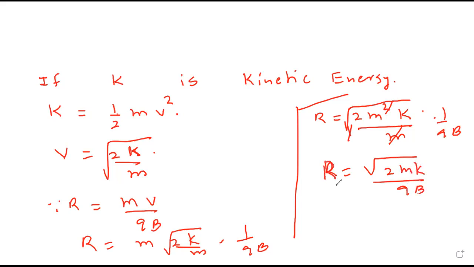So sometimes in MCQ questions, they can convert the formula in terms of K. So wherever you see V, you can write root of twice kinetic energy upon M. Copy further. So for radius, I will never start with the direct formula. I will always take, while explaining, QVB equal to mv square upon r. Then we'll convert as per the requirement. If we want it in velocity, it will be mv upon qB. If you want to convert in kinetic energy, then for v you write root of twice kinetic energy upon mass.